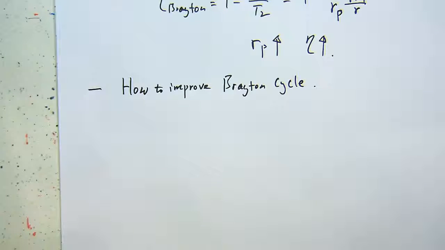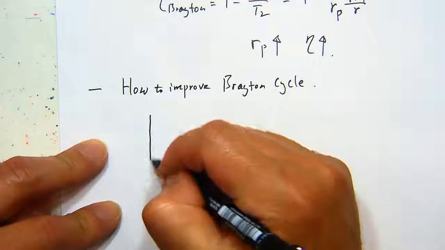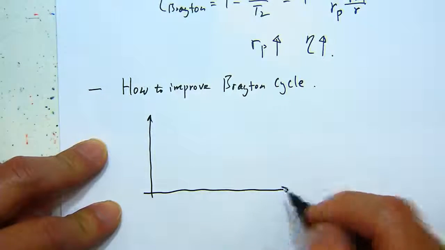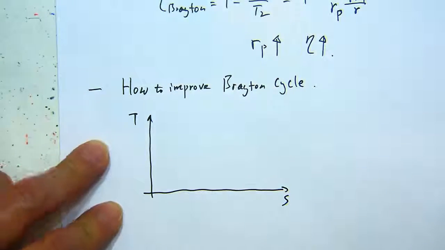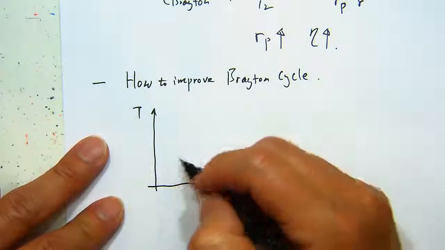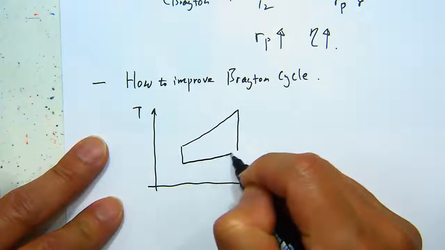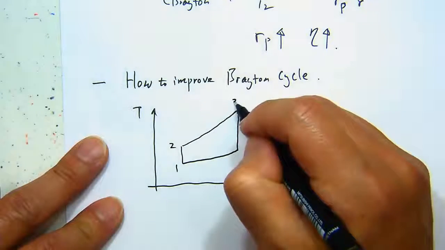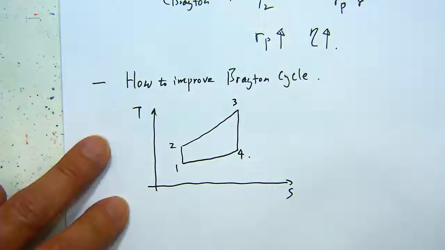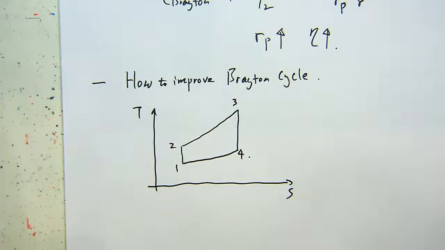So in terms of efficiency, if I draw a TS diagram, from our previous discussion on the Carnot cycle, we mentioned that a certain area on the TS diagram can correspond to a certain energy term. So for example,